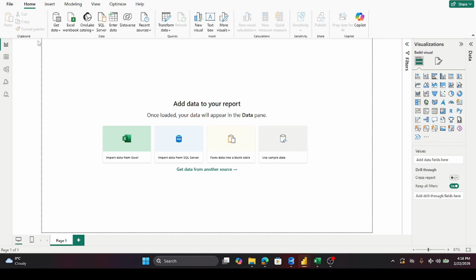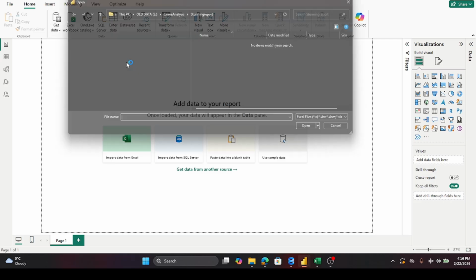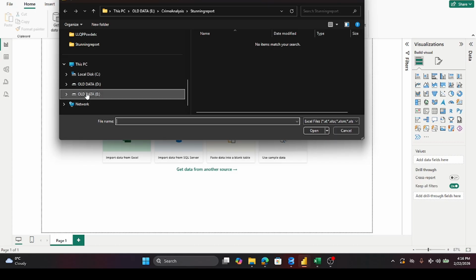Okay. And as the first step, we have to import the data. As usual, these are in Excel files, so we'll go to E